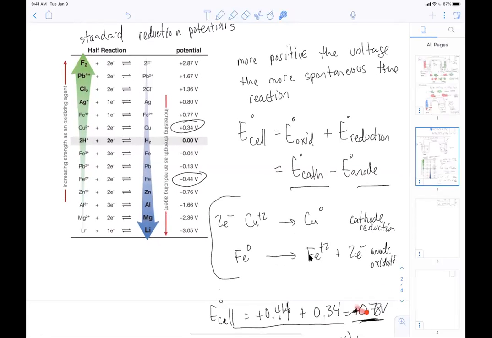So if the voltage is positive, it's a galvanic cell. It's an electrolytic cell if it's not spontaneous, and we haven't quite gotten there yet. We'll get there next class. But it's an electrolytic cell if it's not spontaneous, and that means you have to do work on the cell in order to get it to